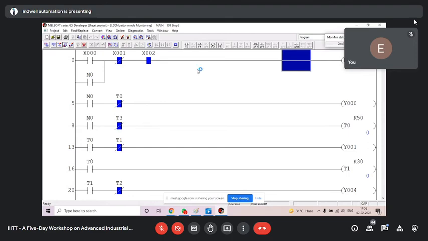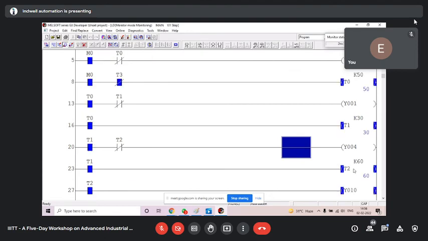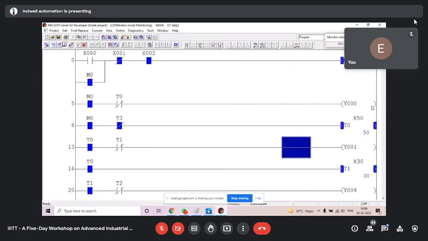And if I press the start push button, first let me show you on the software, then I will show you the video also. I press this X0. You see, isn't it on? And the timer is running. Then Y1 is on, the yellow lamp is on, I can see green is on and forward direction. Okay. Then reverse direction, Y10, you see. And then it will repeat, you see, Y0 will be on after that. You see, again it is on. If I press the stop button, you see it will stop.